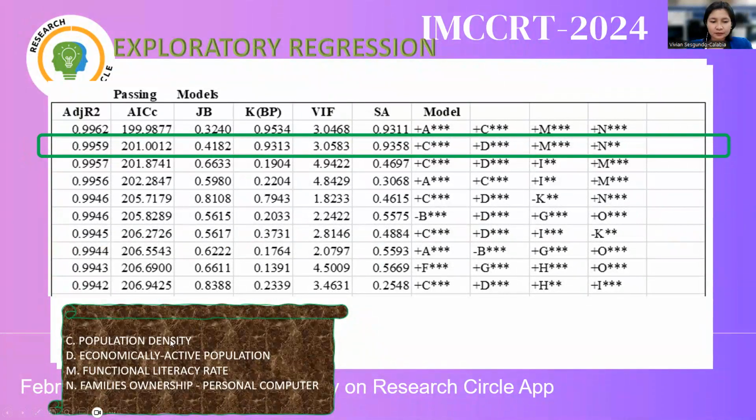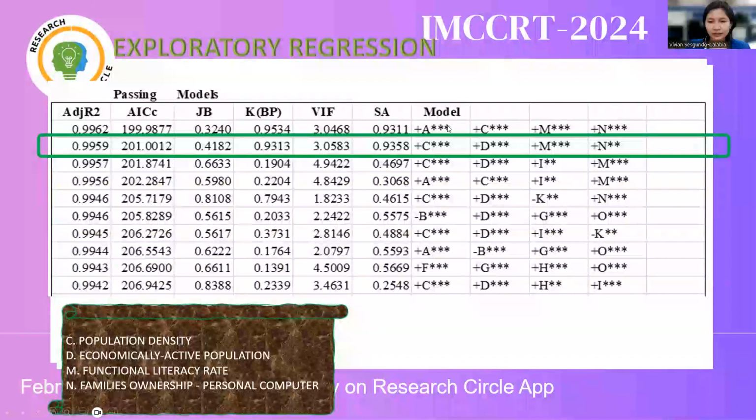Rather, C is population density, which represents the demographic variable. Then economically active population represents the economic variable. Functional literacy rate, or M here, represents the labor market, and the last variable is the family's ownership of a personal computer as the variable to represent the proxy one. So we are going to use this